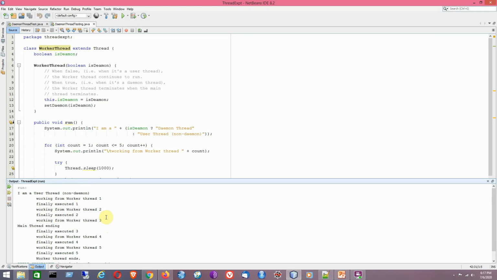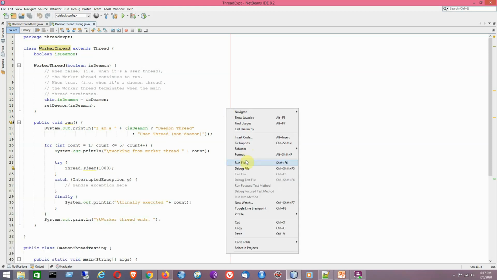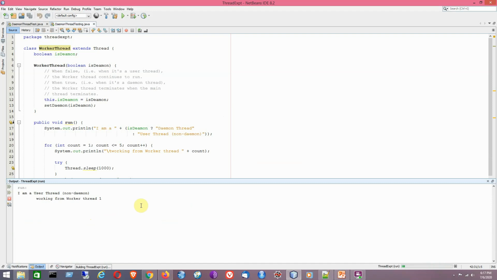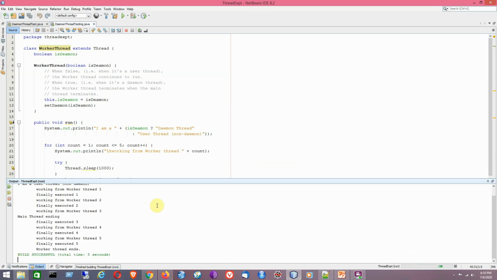Both of these are user threads, and they will follow any execution sequence provided by the thread scheduler. We cannot alter their execution. So in the next run of the program, you might have a different sequence of statements being executed.